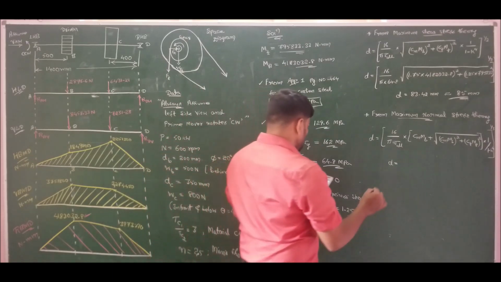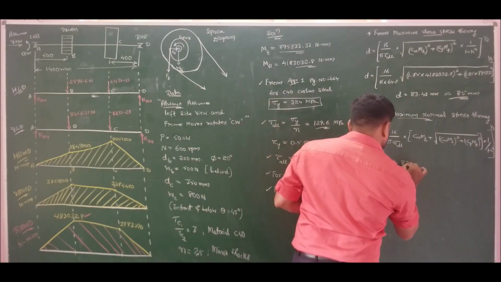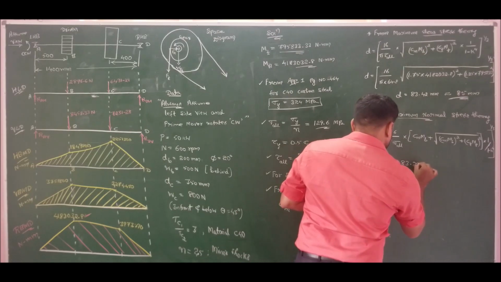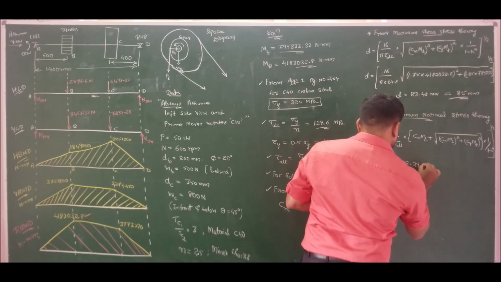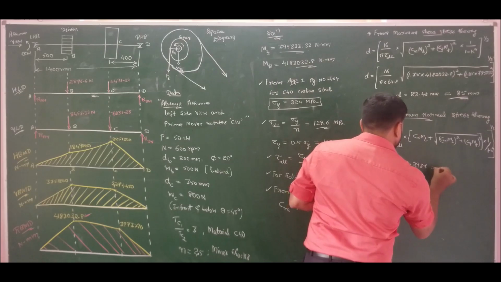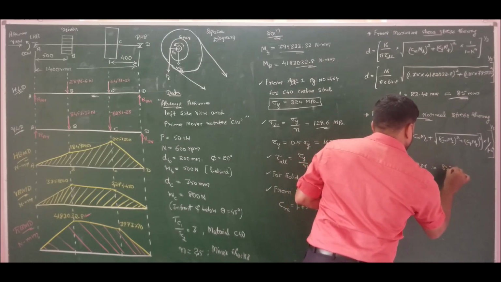So we get the value of diameter D is equal to 83.2987, which is nearly equal to 85